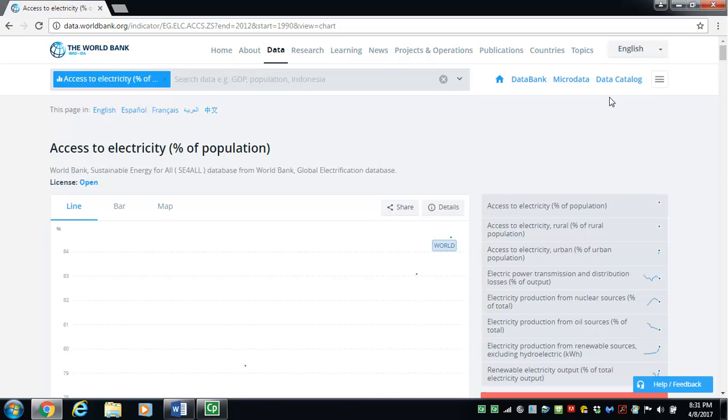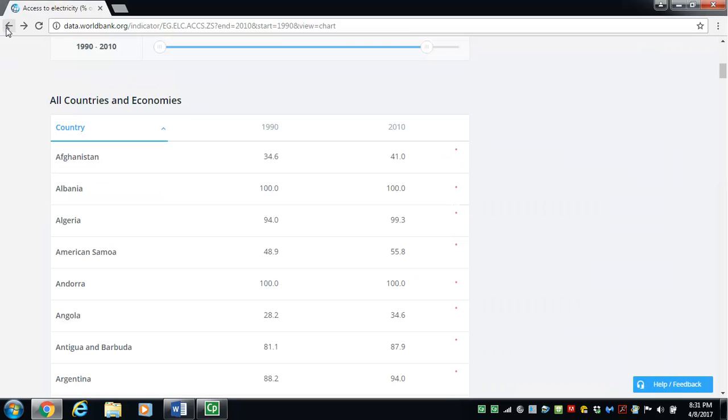But I find it really tedious to download information from this part of the screen. Here we could access one variable at a time, and that becomes really rather tedious to work with, as I mentioned. Well, what I can do, and I notice I can have the same options up here towards the upper right hand corner of the screen that comes up for each indicator, or if I go back to the list of all indicators for